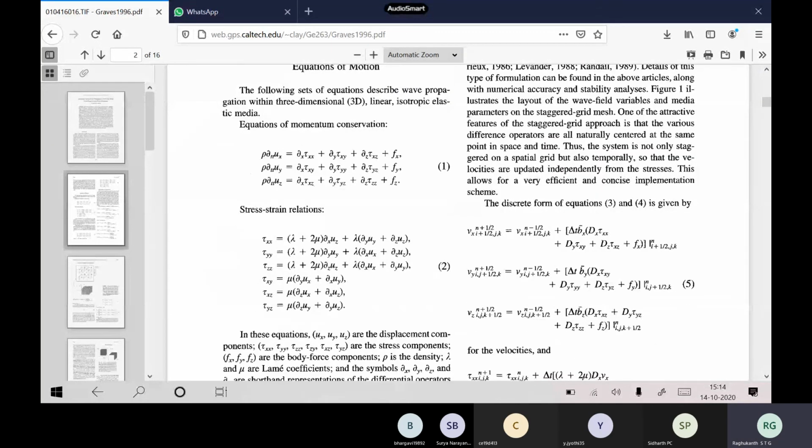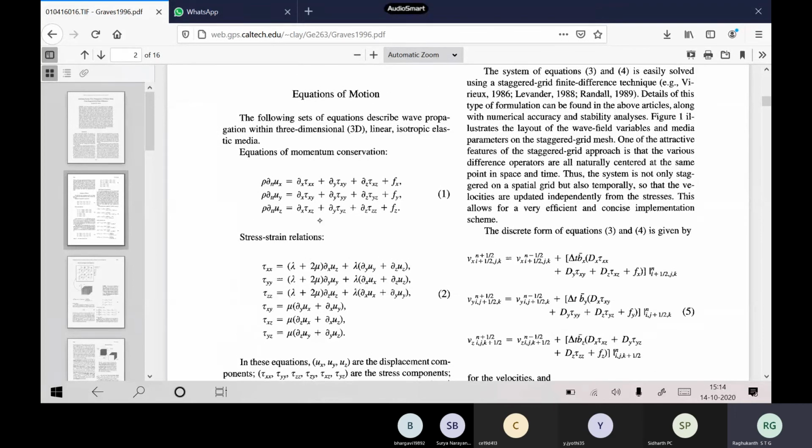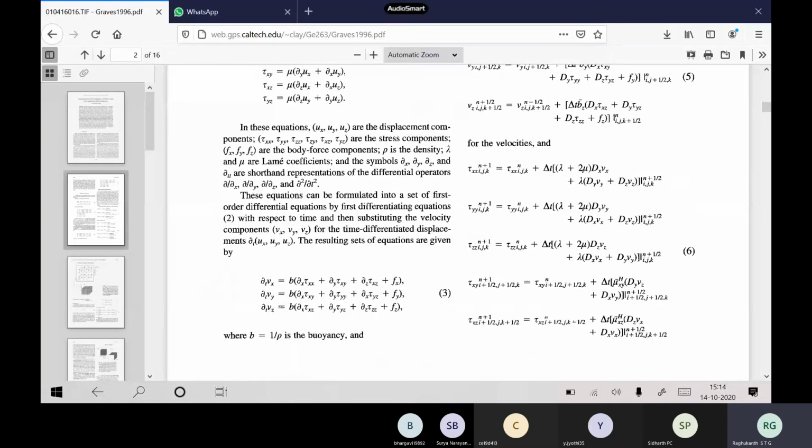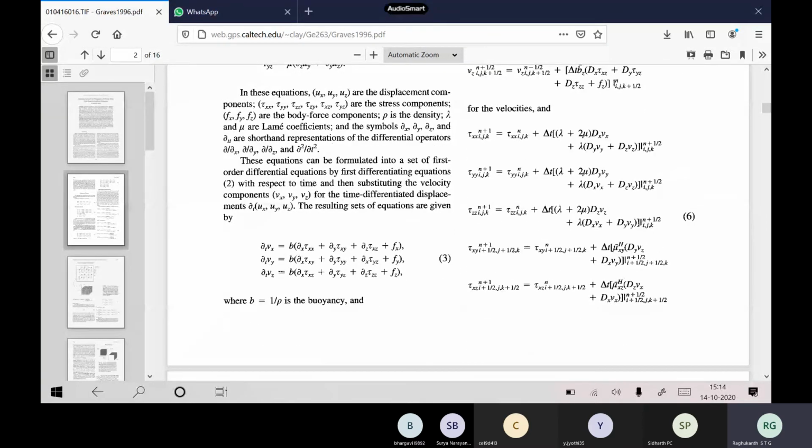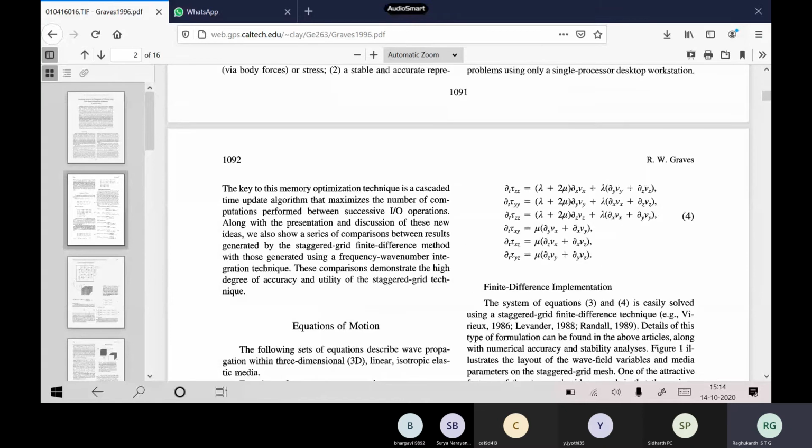So what he has used is the velocity stress formulation actually. So these are the basic momentum equations, all of them here you can see, right? Then the stress-strain relations are there. So what he does, you followed, right, he uses the velocity stress formulation. So Vx, Vy, Vz are the velocities in 3 dimensions. Now these are the stress versus velocity equations.